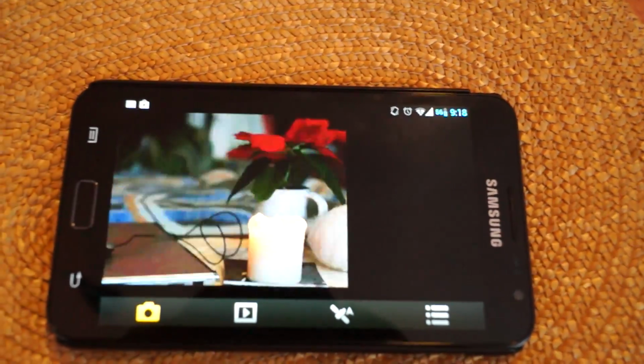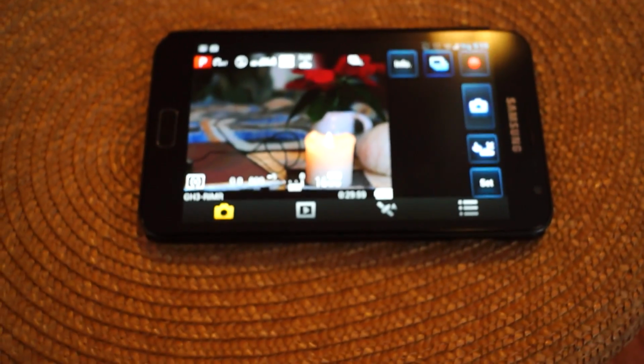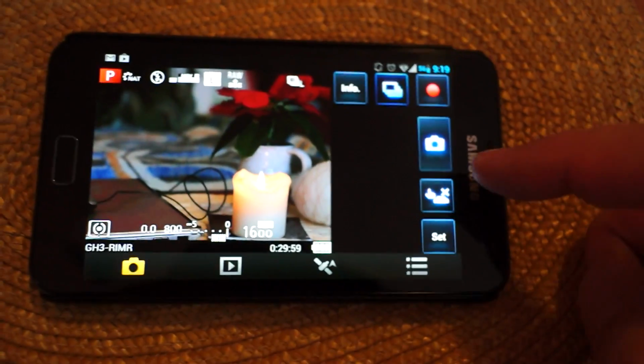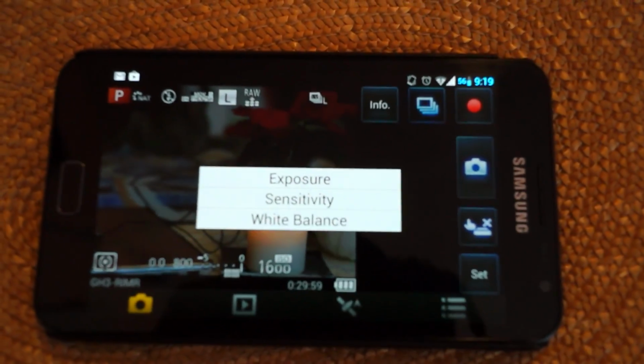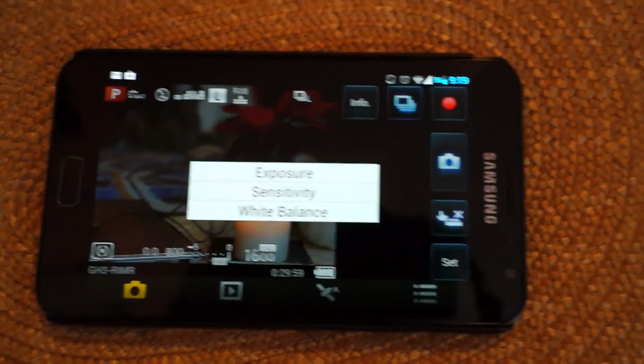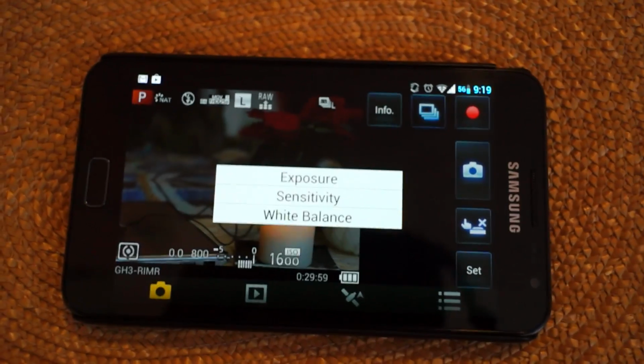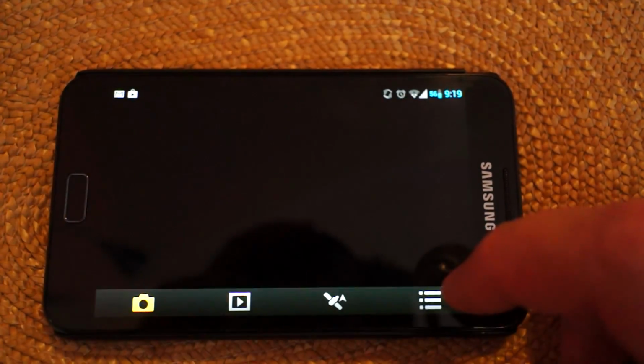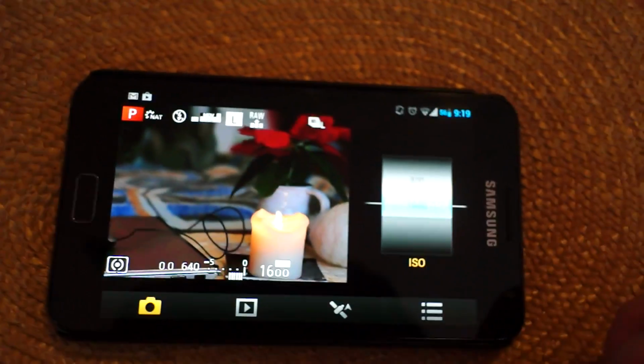Oh, here is my back button. Yes, and you have it with your compensation. So with P mode I can select and change exposure, sensitivity and white balance. Of course, sensitivity I have now